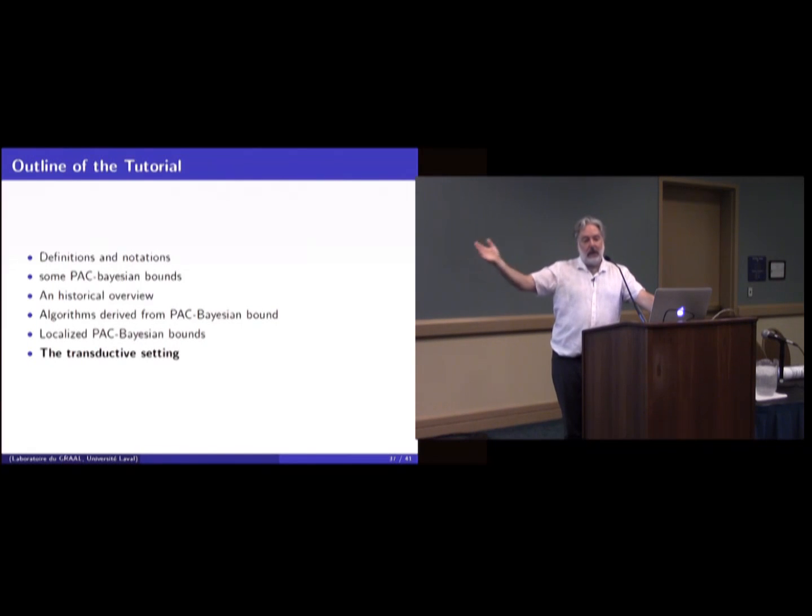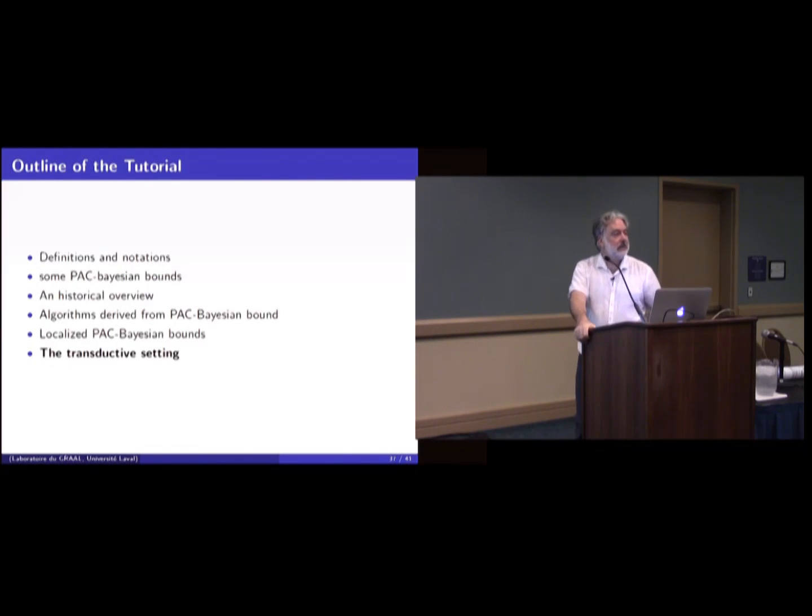Then you can think about what I said at the beginning of the talk: instead of using the Markov inequality to have this factor of 2 between the majority vote and the Gibbs risk, you can try to involve what I call the second moment, or the disagreement expectation between voters, and you have another kind of PAC-Bayes approach that you can do.